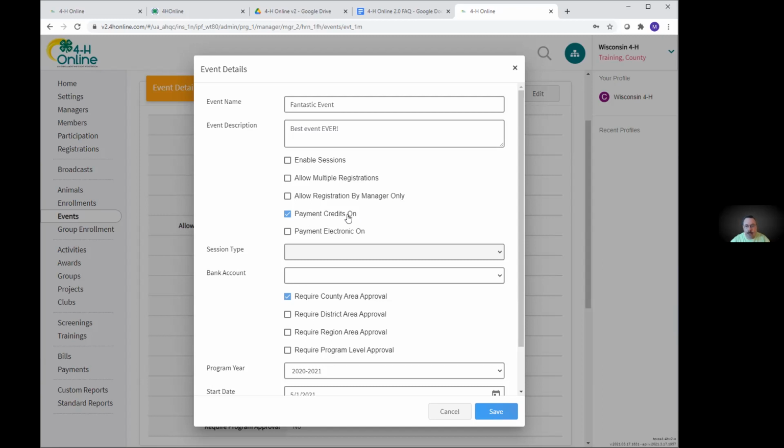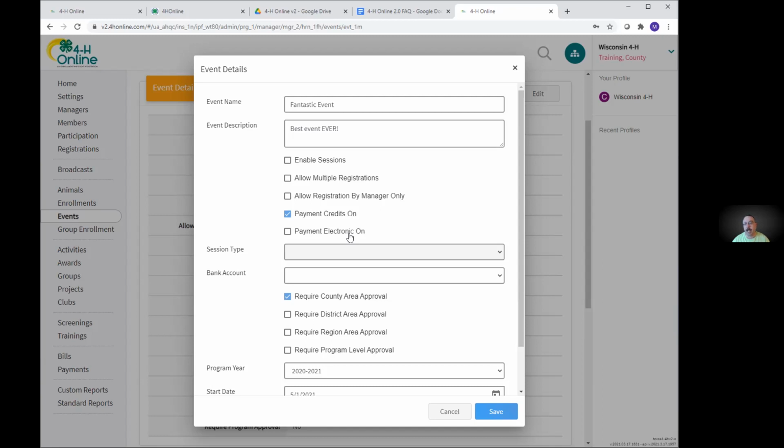Payment credits on. This means that they're able to pay by check at the event. The payment electronic on would mean pay by credit card. And before anybody gets real excited, credit cards are not quite there yet. Although apparently, I think we're down to one more office that needs to sign off on it. And that one there, I think, is not going to be a problem getting them to sign off. And then we have to have a couple people attend some training.